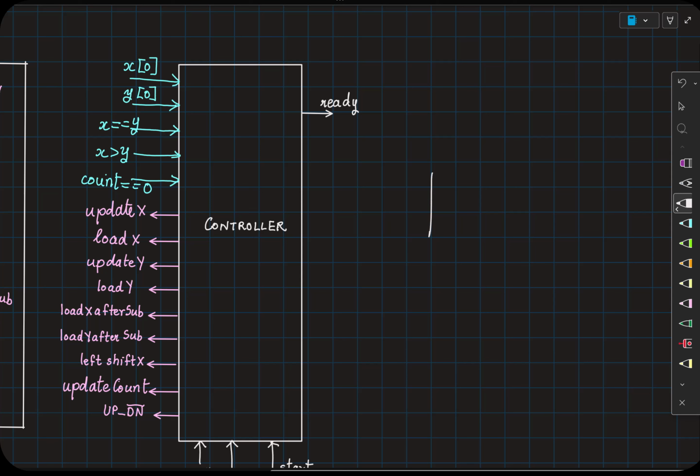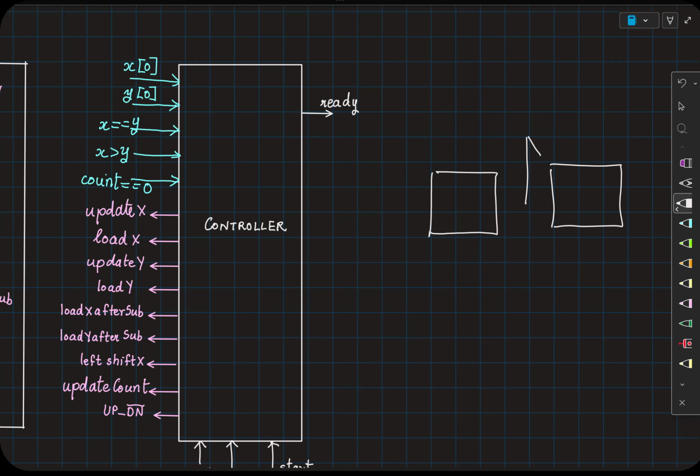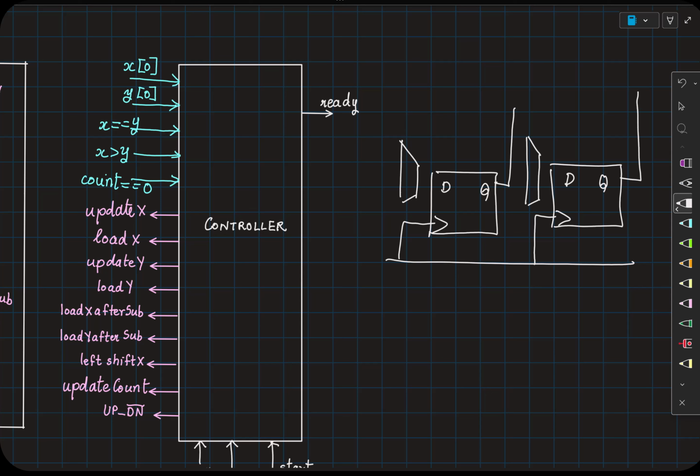So maybe not even a ring counter is necessary. If I consider a 2-bit register, both of them have the same clock, and let's say this is your output. Now, if you wanted to shift the value, I'm going to think about two options. So Q1, Q2. Let's say you have the option to feed in A1 and A2 as input, or you want the option to right shift it, right?